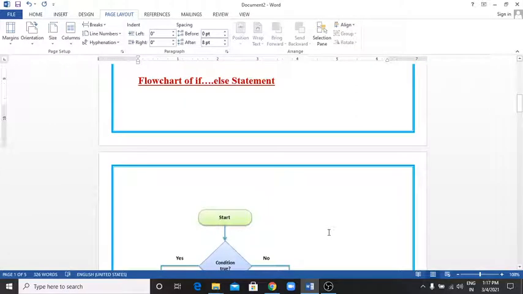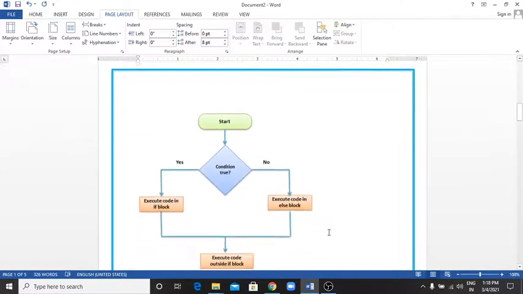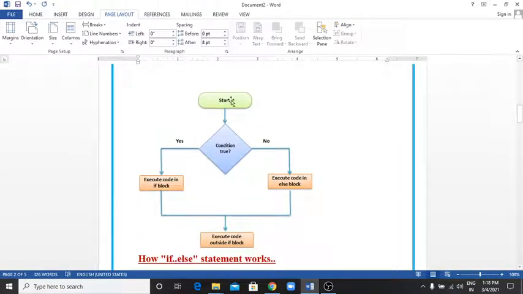So how will the flowchart of the if-else statement be? See here is the start. Suppose there is a condition. If this condition is true, then it will go here, and execute the code in the if block. And if this condition is false, then the code in the else block will be executed.